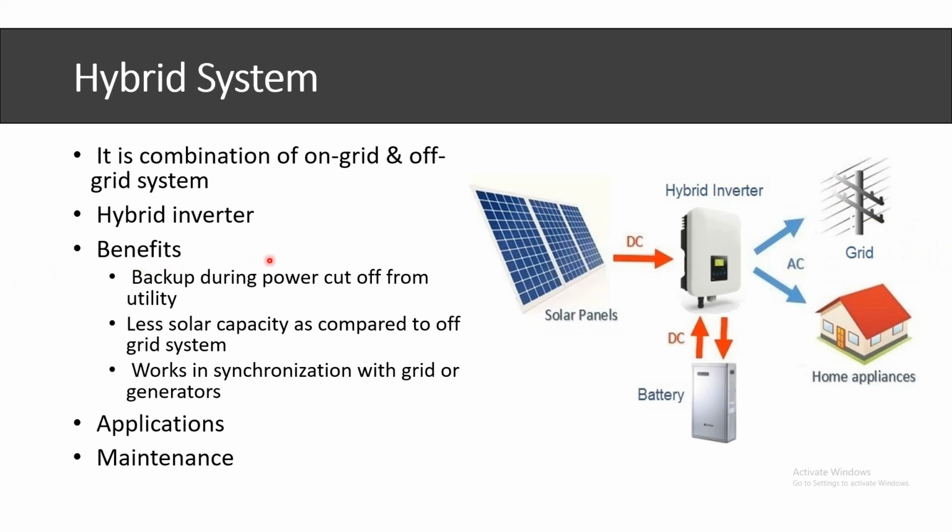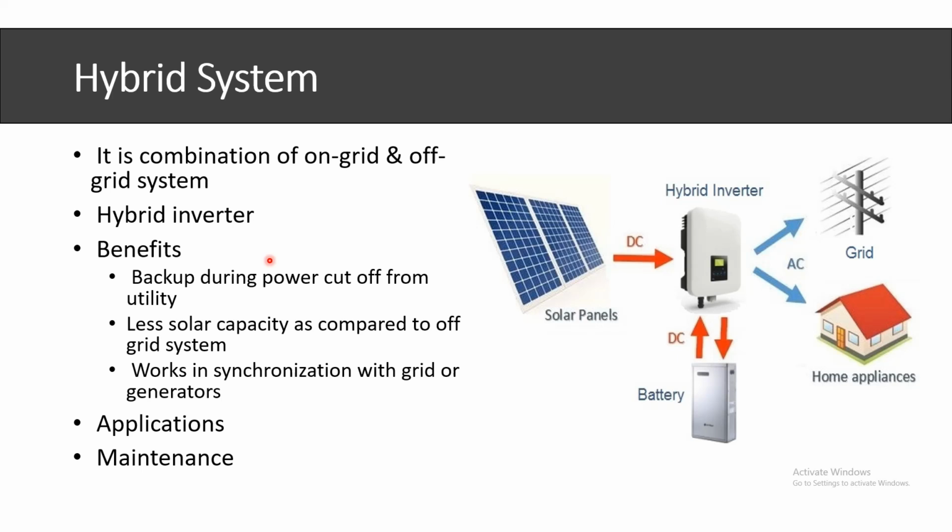Next is less power capacity as compared to off-grid. Whenever you design an off-grid solar system, you need to consider some factors. Suppose there will not be enough radiation to charge your battery, so you need to have some extra panels to charge your battery completely. For example, if you have a rainy season at your location, during that rainy season the atmosphere is cloudy, there is not much radiation available, so you need to install some more panels to charge your battery. But in the case of a hybrid solar system, you do not need that much extra capacity, because here you have a backup source like the grid supply or an alternate generator. So suppose there is low radiation, you can charge your batteries with the grid supply or the generator supply.